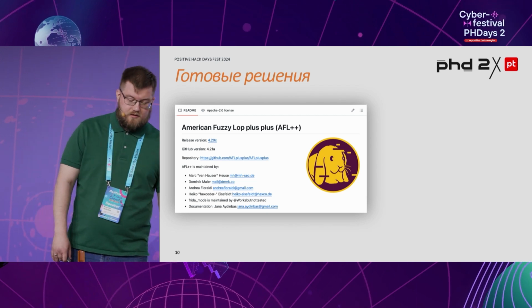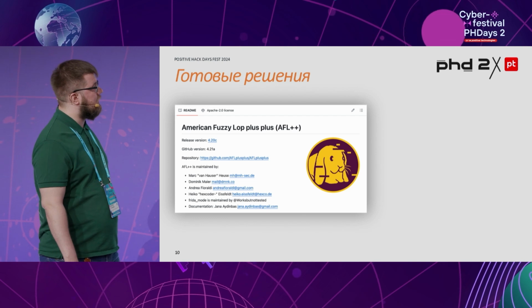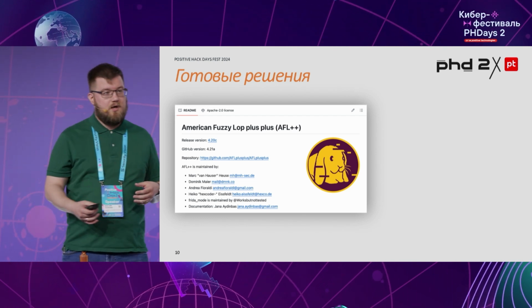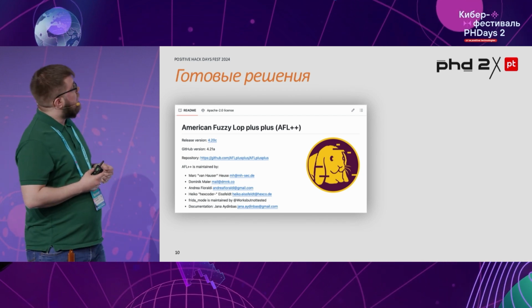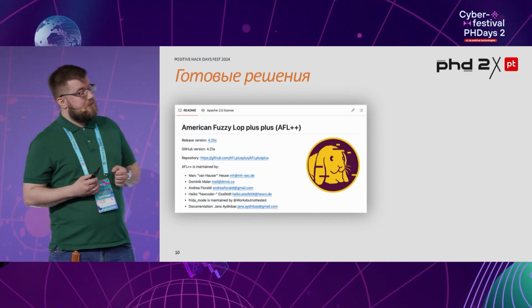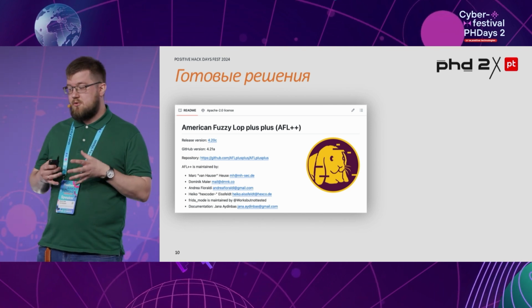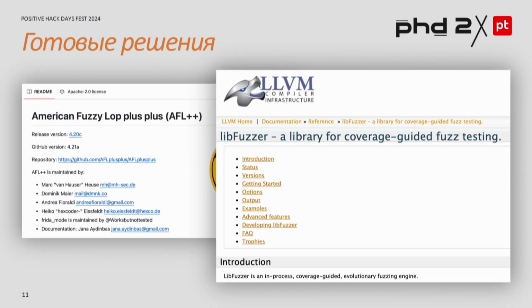AFL++. It's the successor to the archived AFL project, which first emerged in the 2010s. This is when the interest in fuzzers was reignited. AFL++ at the moment is quite a thick library, and it can do many different things, and yet the LLVM